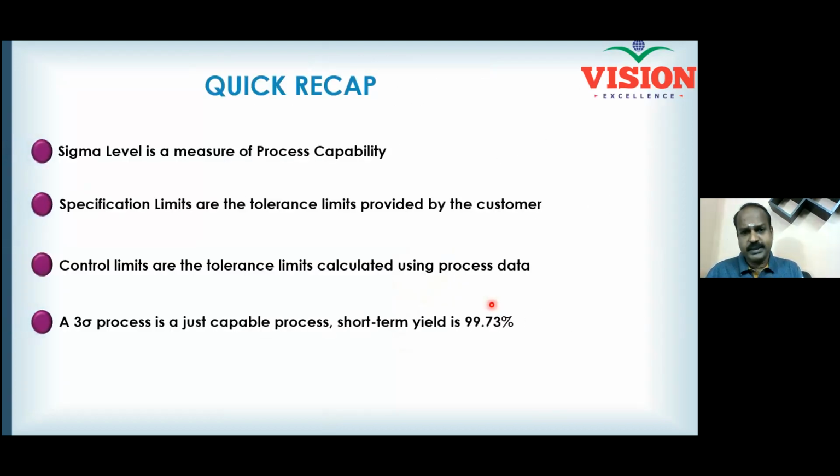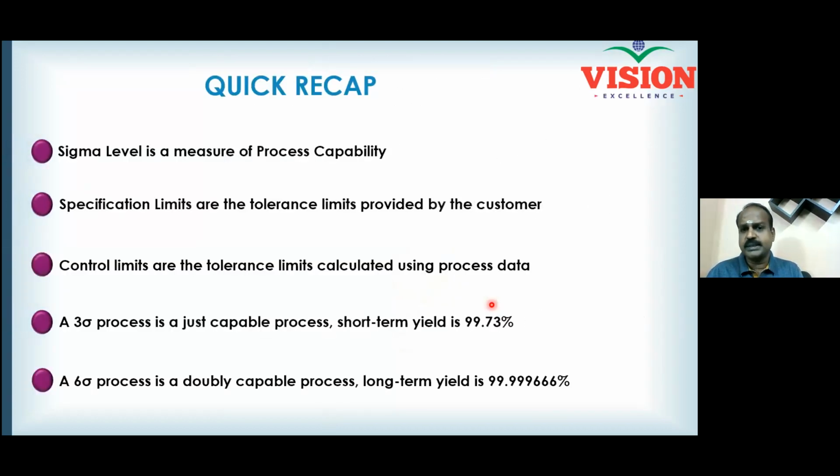So what we learned here in the last session: Sigma level is a measure of your process capability. The higher the Sigma level, the higher the capability. Specification limits are the limits provided by the customer. Control limits are the limits calculated using process data. A 3 Sigma process is just capable, in which the short-term yield is 99.73%. A 6 Sigma process is doubly capable, in which the long-term yield is